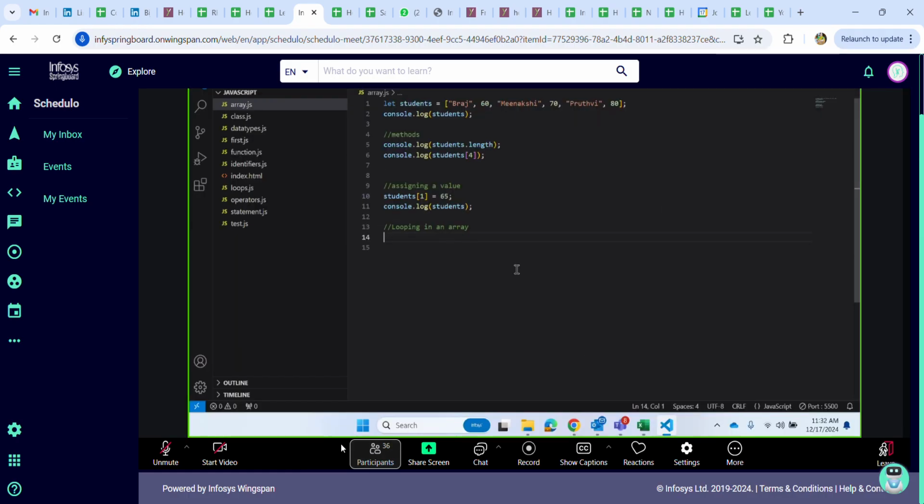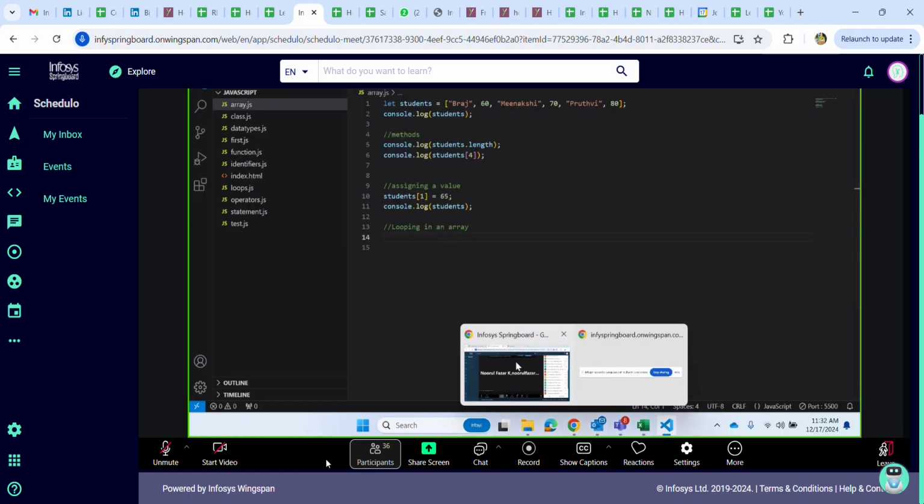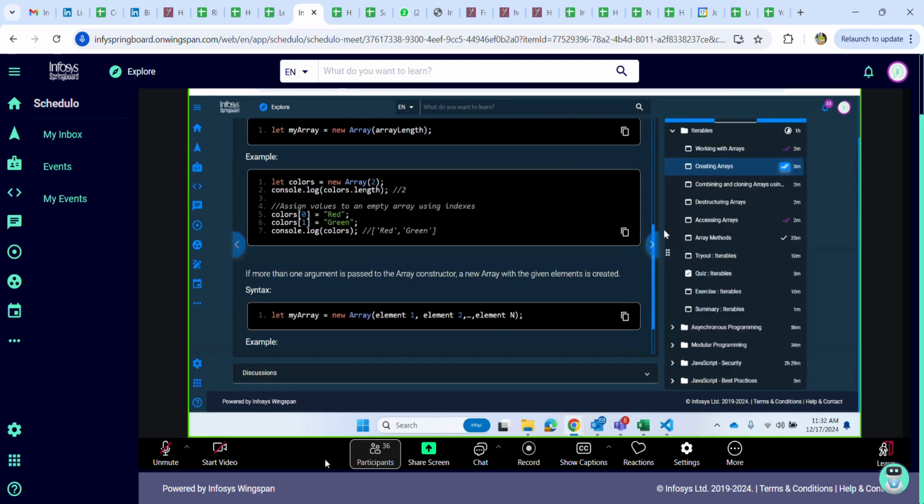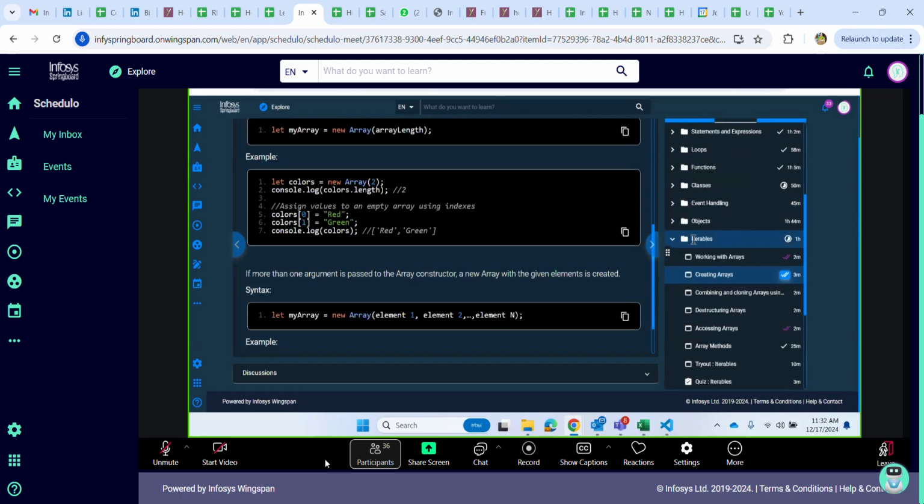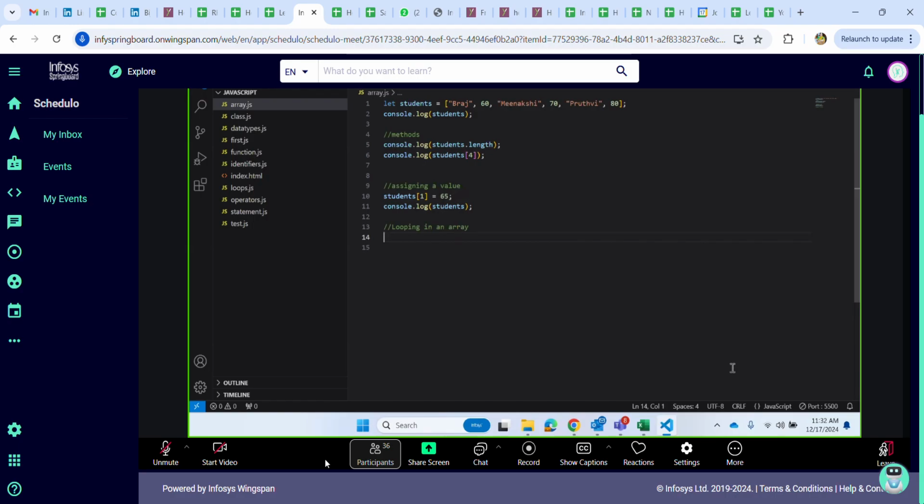So looping in an array is nothing but iterating over the iterables. That is what it means, to repeat itself again and again. So we'll see how it works. First of all, obviously, we need to use the syntax of for loop. We'll use for, let